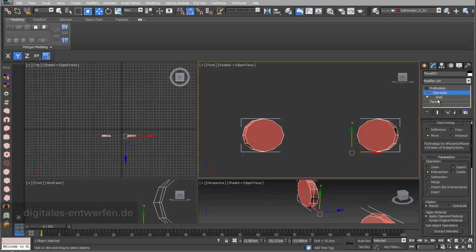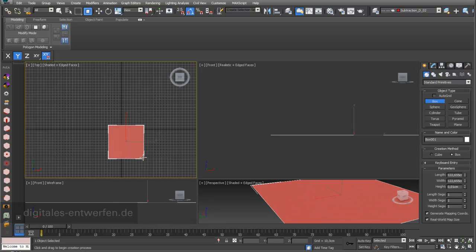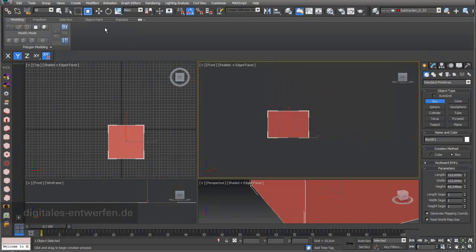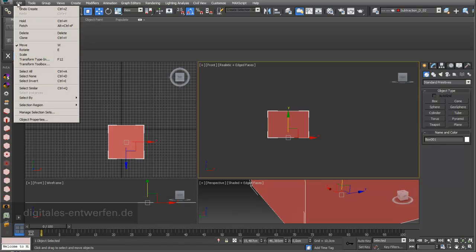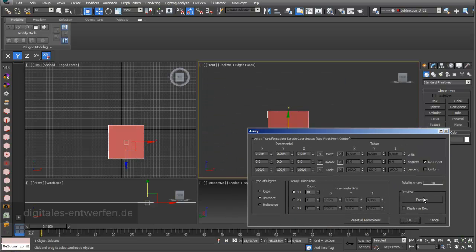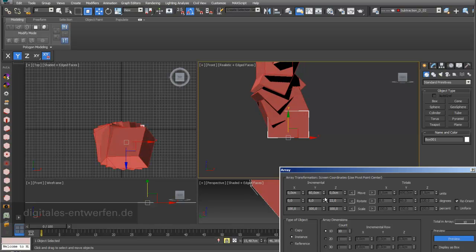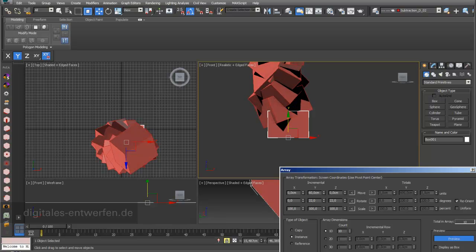The last thing related to Boolean I would like to show you is the function union. I just draw one simple box, and this is my simple box. I go choose select, and then I go into tools array, and just want to have 10 boxes. I will look at this in my preview, and I just pile them up a little bit, but I still want them to intersect. I will rotate them a little bit and in several directions. Okay, this is my